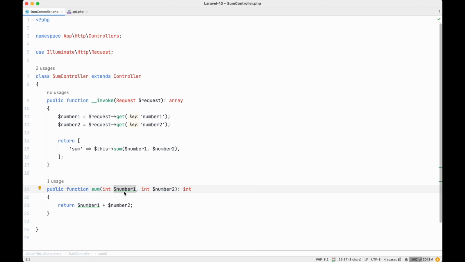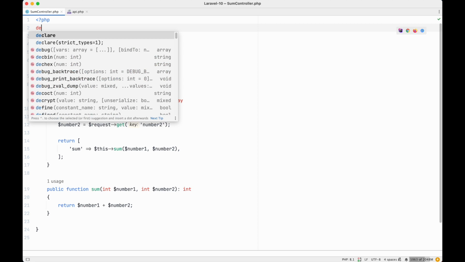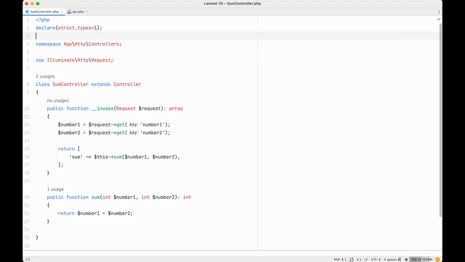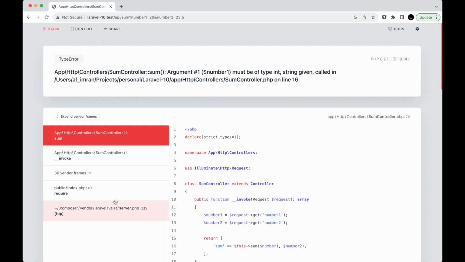We don't want that. So in this sort of case, what you can do is you can simply add this declare(strict_types=1), which means we are saying that the type should be very strict. If someone passes a float value where an integer is expected, then it will give us an error. For example, if we rerun this code, it will give us an error saying that it must be of type integer,